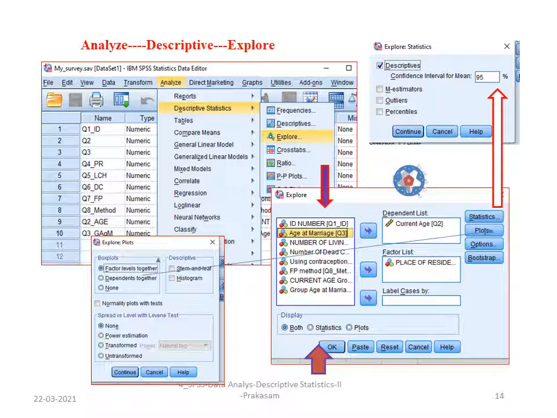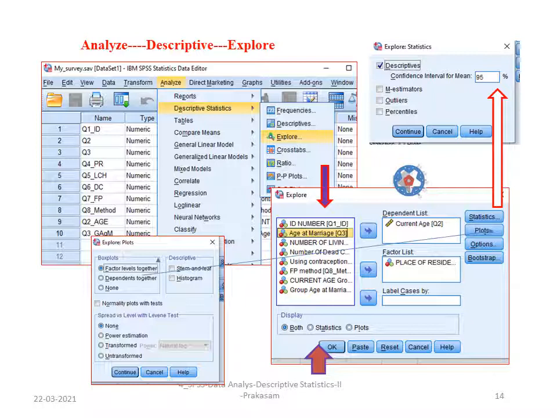Then click Statistics, and you will get the descriptive statistics. Further information, such as percentile calculation, mean estimations and so on, will also be there, as well as maximum likelihood estimations and other things which are not relevant for us at present. When you click Statistics, descriptive statistics by default will show with a 95% confidence interval of the mean. Next, click Plot.